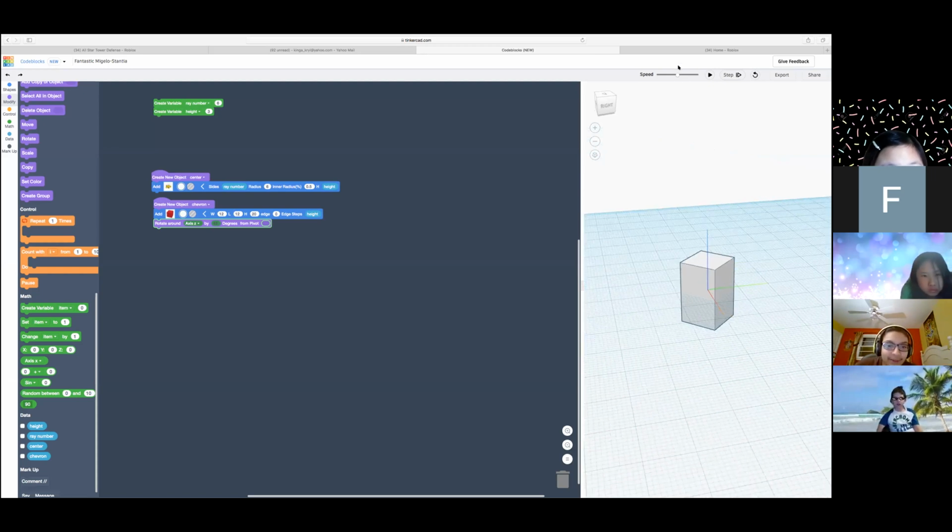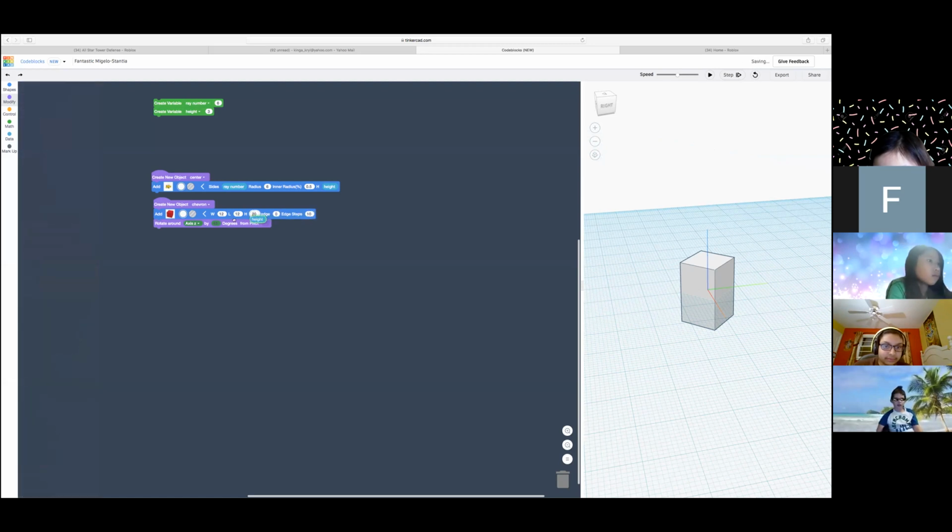I'm sorry. Okay, so on your cube, where you dragged in the height, do you see where it says blue? Yeah, I put that in the wrong place. You're going to drag it over right next to the H. No, the one to the right of it.